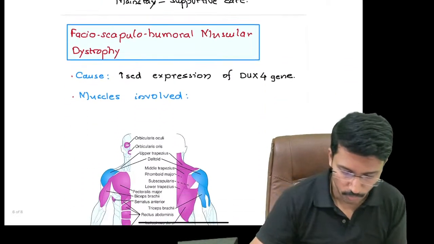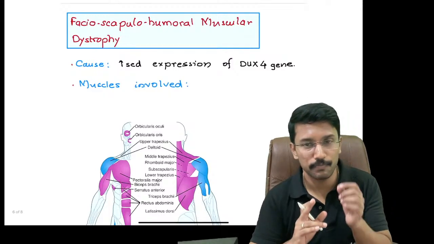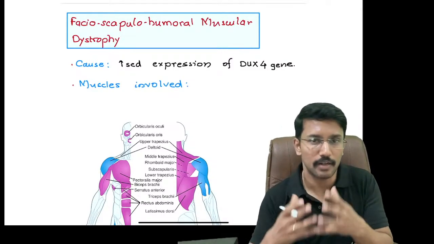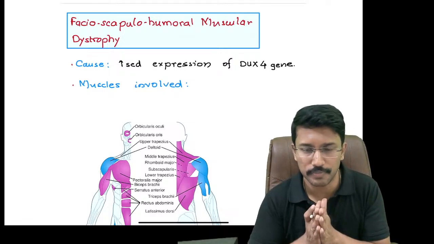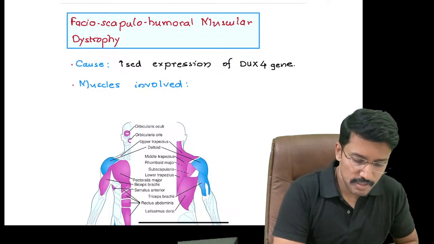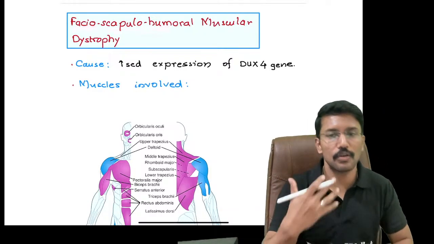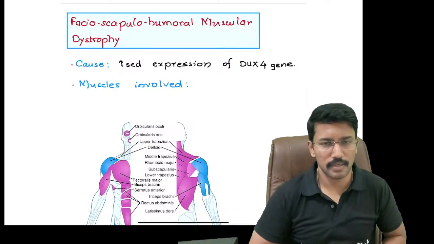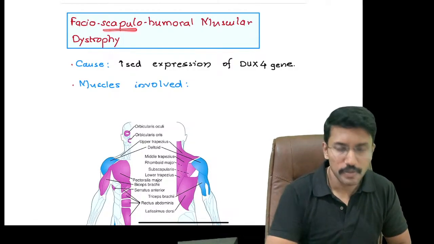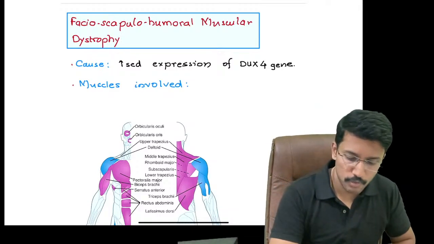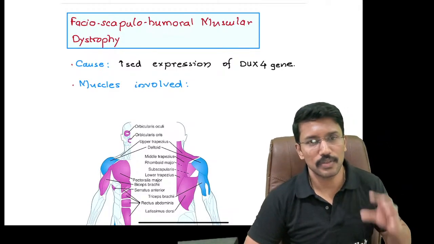Absolutely right. Okay, so now let us talk about the scapuloperoneal pattern of weakness, taking an example of facioscapulohumeral muscular dystrophy. In medicine, especially, the name of the disease holds a lot of information. Now, when you look at this name, it clearly tells that there is involvement of the face, the scapular region, and the humeral region, right? So that's why it's called